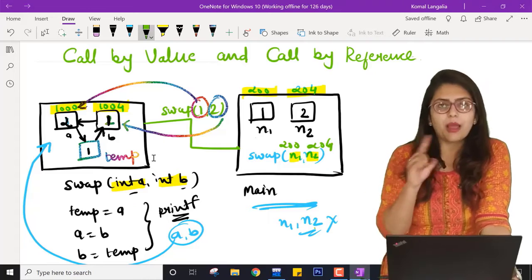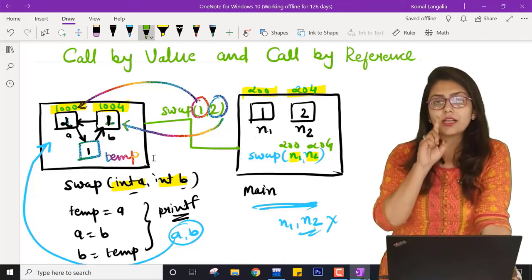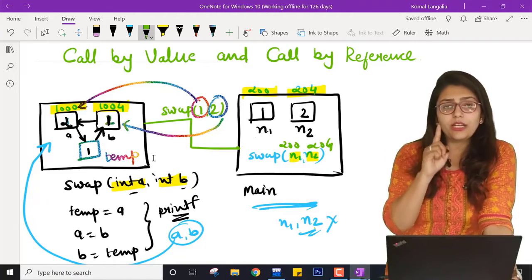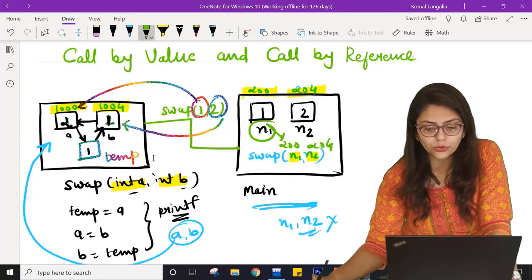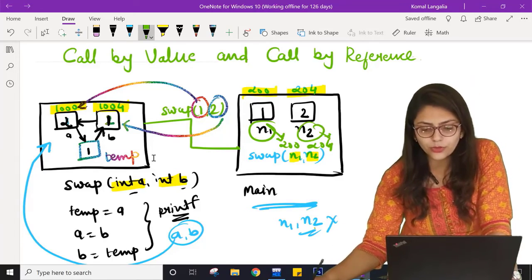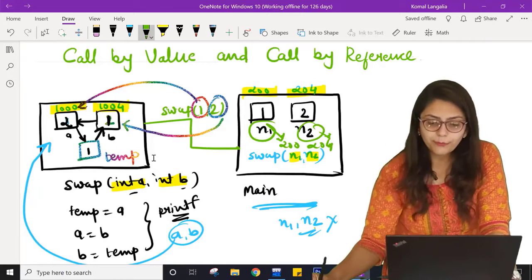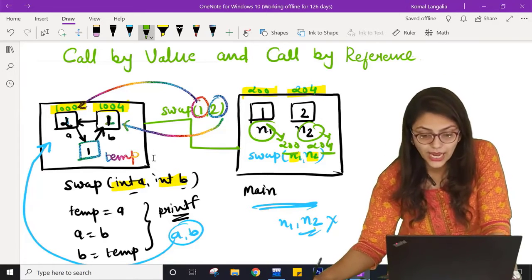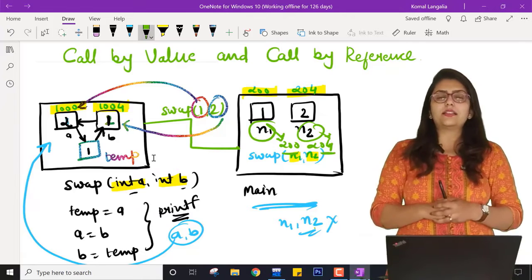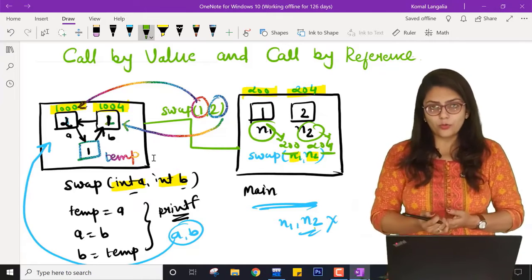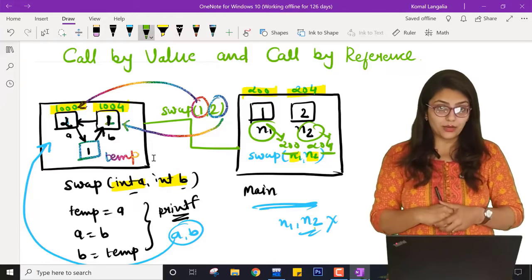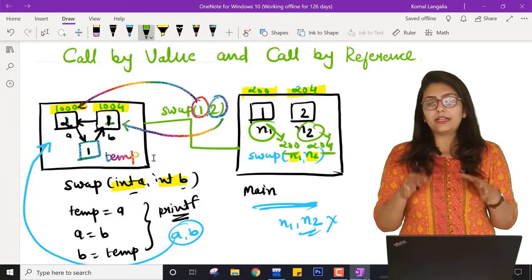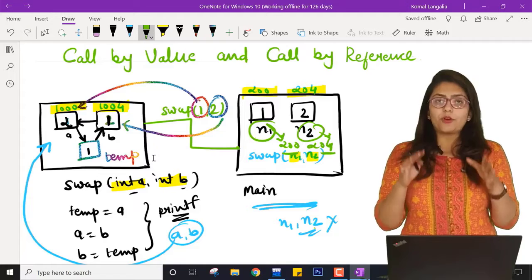You know that in memory, 200 and 204 are single addresses, and only one unique variable is stored in each. So n1 is stored at this location, n2 is stored at this location. So if I am passing addresses, then we will not face this issue. We will get the desired output. Now how can I pass addresses instead of variable names? That we have already seen in the concept of pointers.